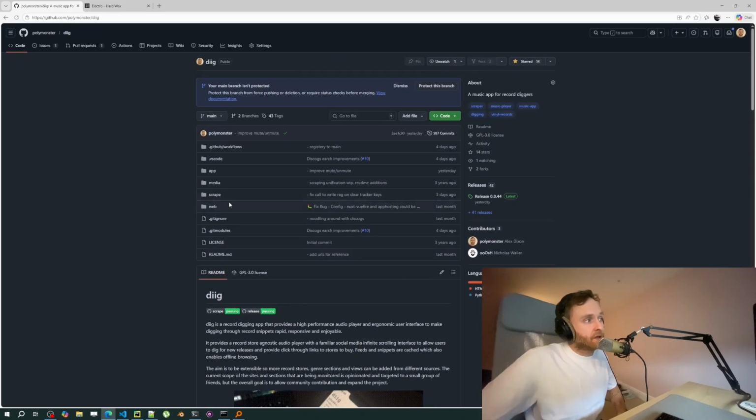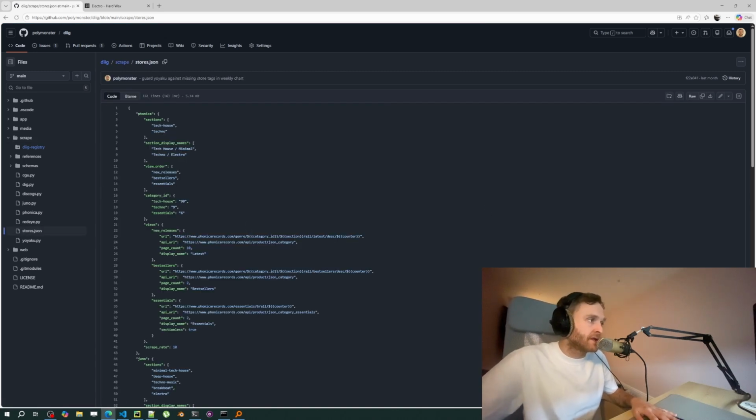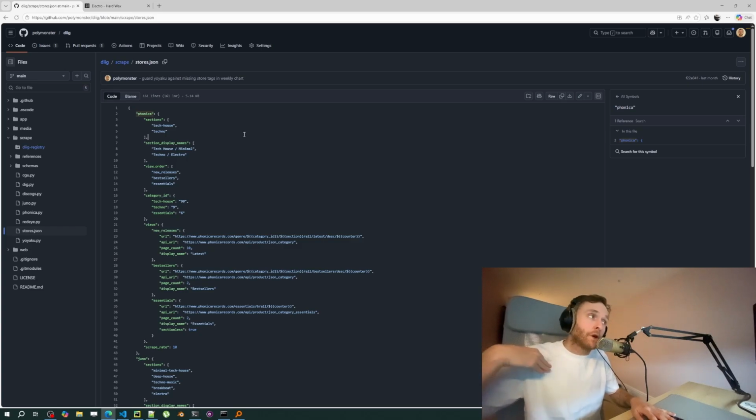So in terms of the scraping infrastructure, there was stuff that was already set up. There's a thing called stores.json. So these are the existing ones. This is on main, so this doesn't have the code yet from Claude. But Phonica is a record shop, and I added this one not that long ago, and there's a bunch of YouTube videos of me doing that. It took about a week to do Phonica, and I'm just scraping tech house and